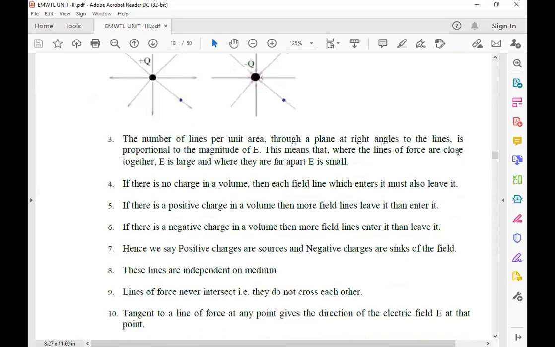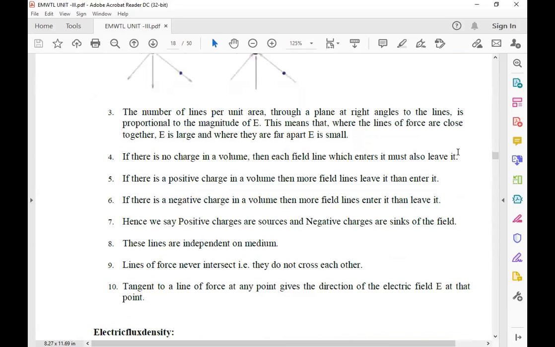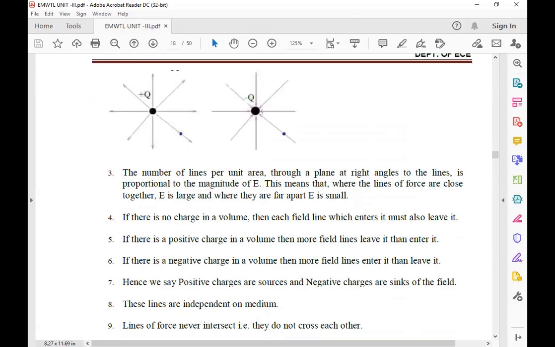The eighth point says that these lines are independent of the medium, the space, or you can take it as a dielectric. These lines are independent of the medium. Lines of force never intersect. This is a very important point. You see, these lines never intersect. They are radially directed away from a positive charge and radially directed